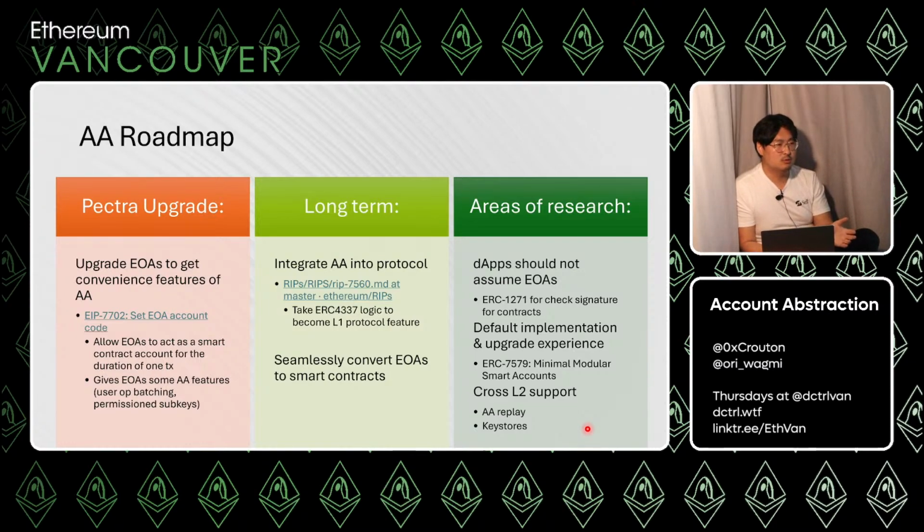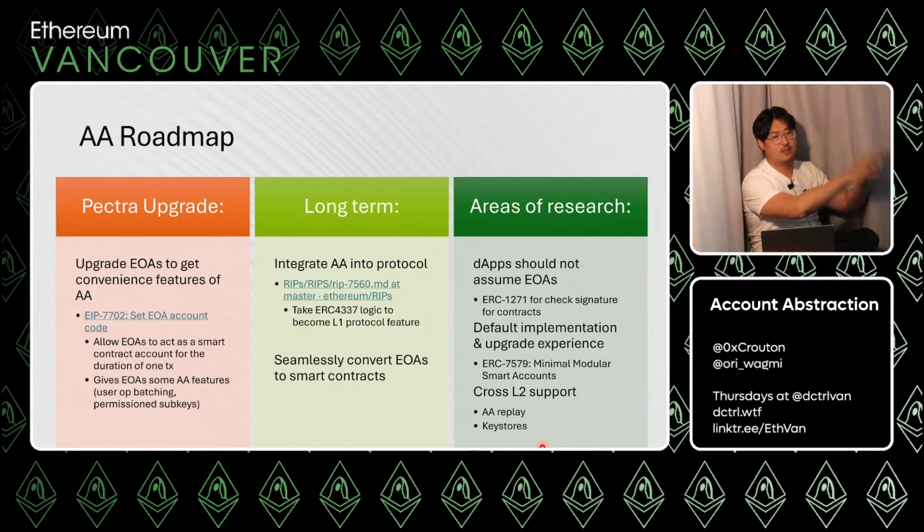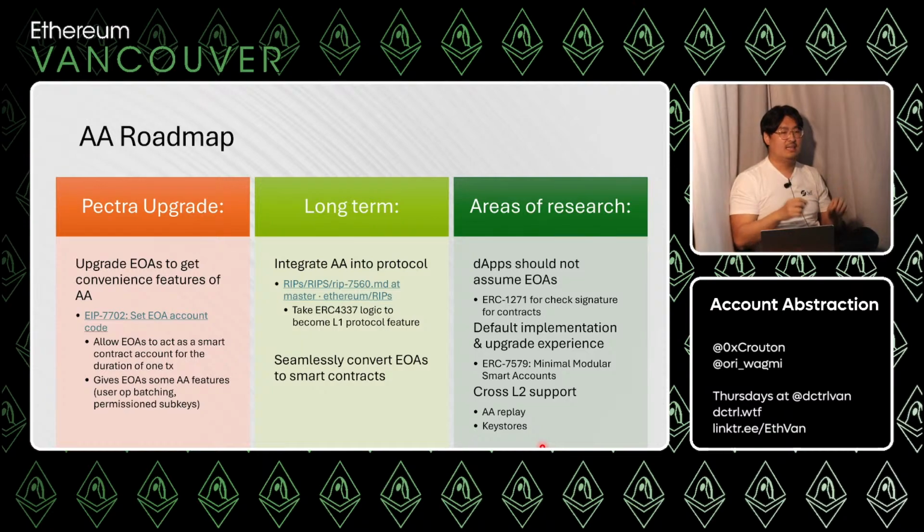There are a couple of interesting ideas. Do I sign once and just replay that transaction on every single chain automatically and set it up there? That could be one option. The other idea is a keystore chain. They're thinking about building a new L2 that's essentially your keystore. So maybe your smart contract account and all the validation logic live there. Then whenever you try to do a transaction, it calls into the L2, does the validation there, and comes back and does the transaction. There are some interesting ideas going on there.